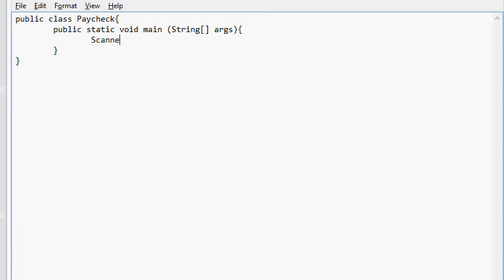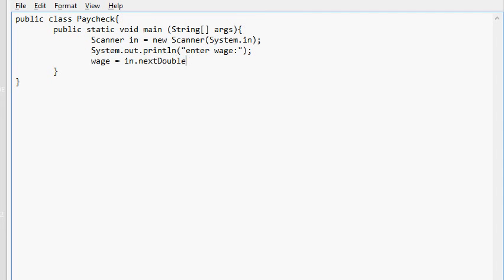Scanner in equals new Scanner System.in, and then System.out.println enter wage, and then wage equals in.nextDouble,